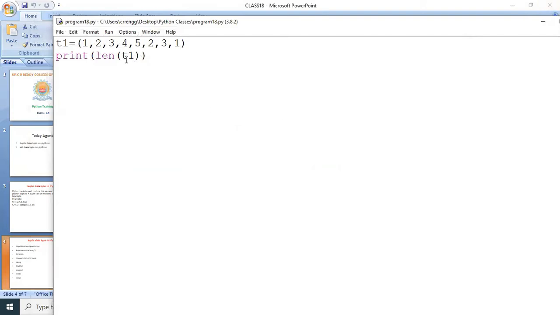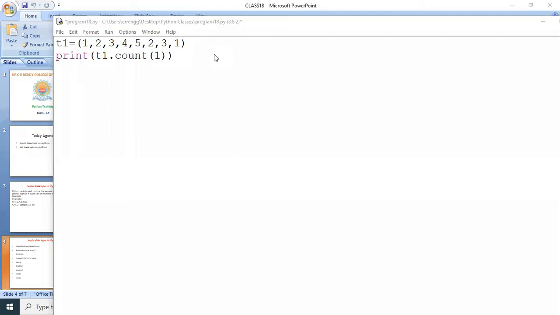Now I want to count the number of ones in the tuple t1. How? By using count function, t1 dot count 1. That's it.